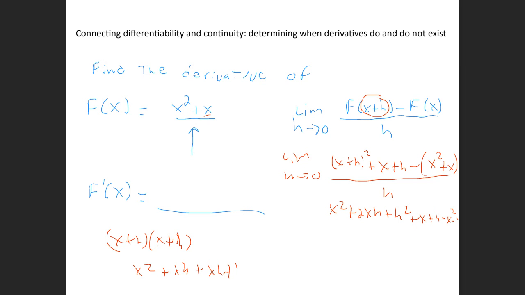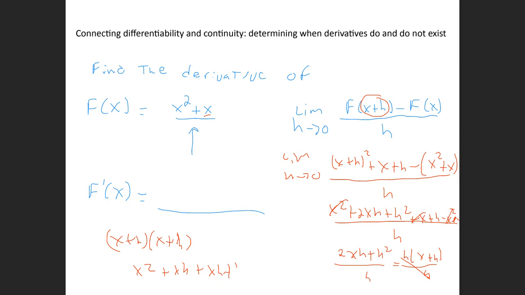All over h. I'm going to cross off the x squared here and the negative x squared here. I have an x here, I have a negative x here. So what am I left with on top? I'm left with 2xh plus h squared over h. I'm going to factor out an h. So that leaves me with h times 2x plus h over h crosses out as,